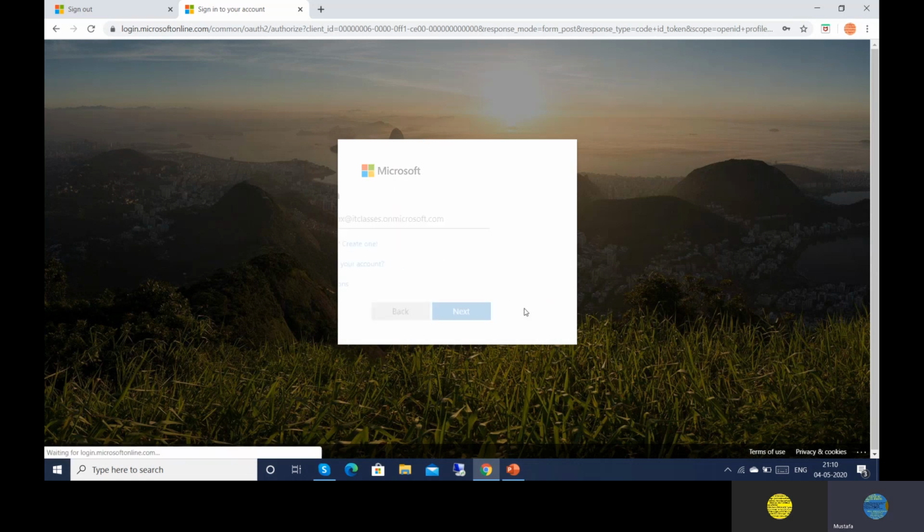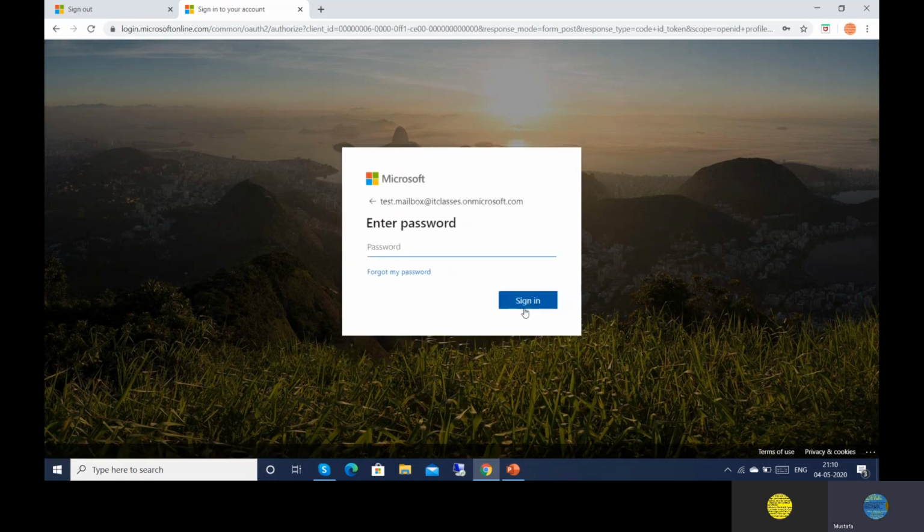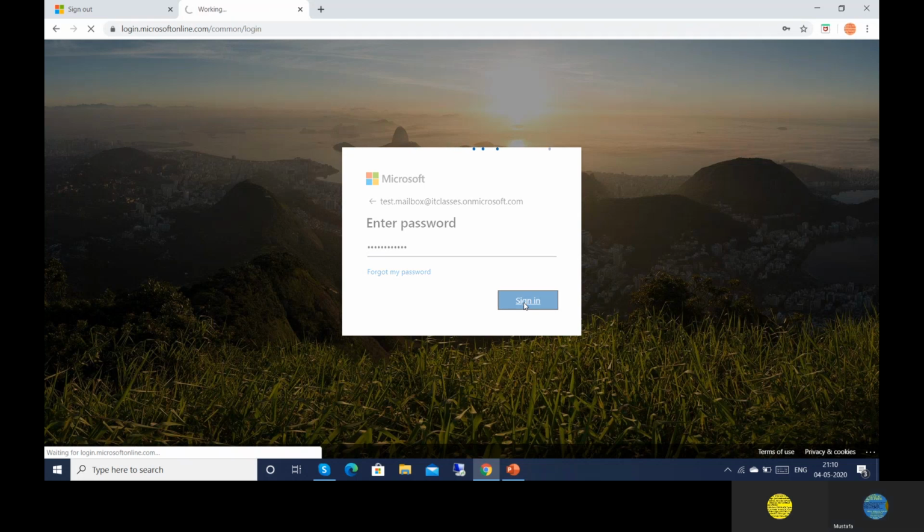I'm clicking on Next, typing the password, and clicking on Sign in.